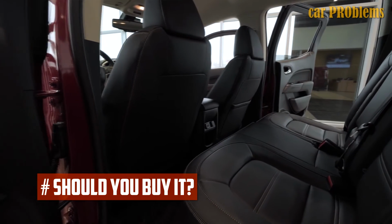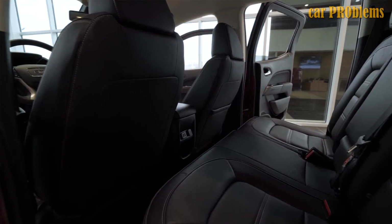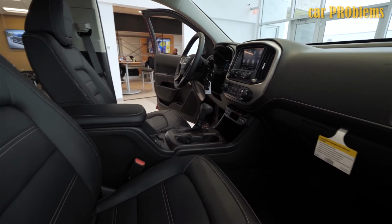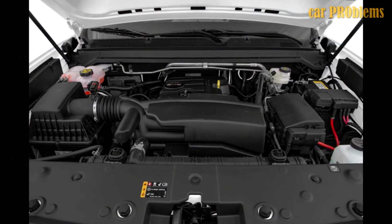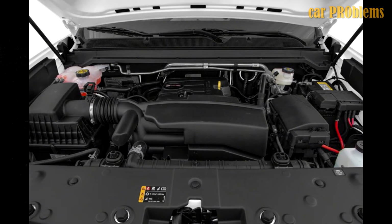Should you buy it? According to the RepairPal website, the GMC Canyon reliability rating is 4.0 out of 5.0, which ranks it 2nd out of 7 for midsize trucks. The average annual repair cost is $548, which means it is lower than average ownership costs. The severity of repairs is average and the frequency of those issues is low, so major repairs are uncommon for